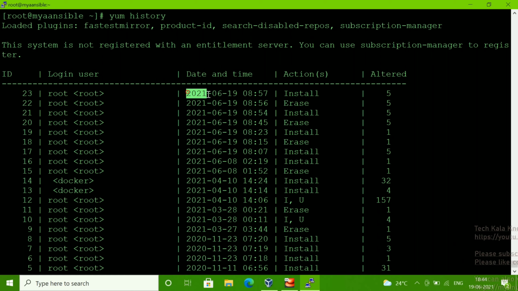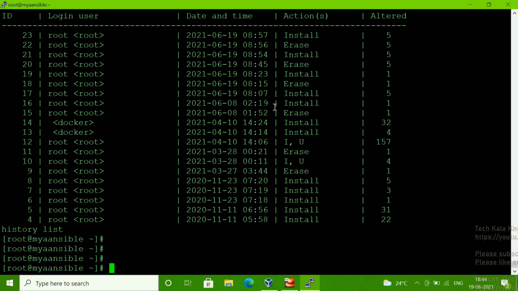You can see it's showing the date 19. Today I installed 5 packages. You can see it's showing install 5 packages here, right? HTTPD I installed with 4 dependencies, one is the main package, so that's why it's showing 5. Even I removed the packages, right? 5 packages, so you can see erase. It's showing here 5 packages we erased. So this way you can identify when packages were installed, who installed them, when they were installed. All this information you will get through the yum history command.